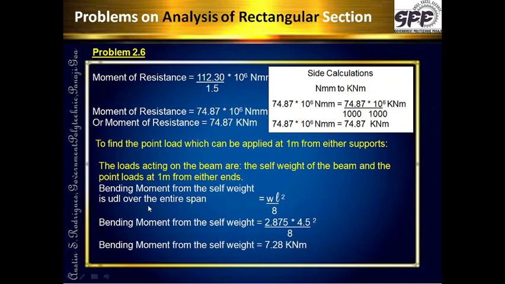A UDL applied over the entire span of a simply supported beam has the maximum bending moment at the center, and that is equal to WL squared by 8. The UDL over the entire span has its maximum bending moment at the middle point for a simply supported beam. So WL squared by 8. So over here also we calculate